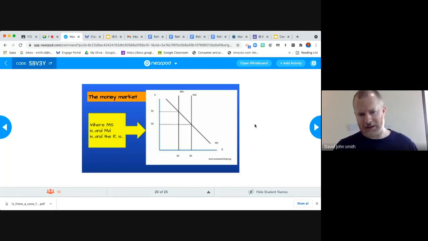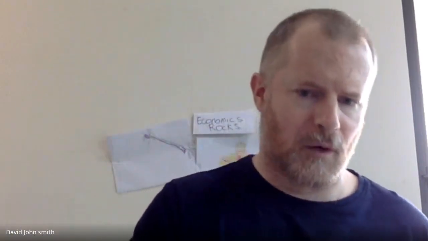It's not overly complicated. I mean, quite clearly you can see that the money supply curve is perfectly inelastic. Now I'm going to stop sharing just now and then jump to the meet and then jump to the chat. Now, anybody tell me, why do you think the money supply curve in the money market model is perfectly inelastic? What do you think? What does it tell us?